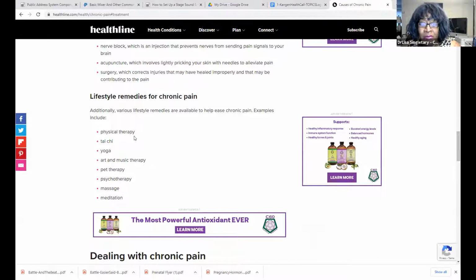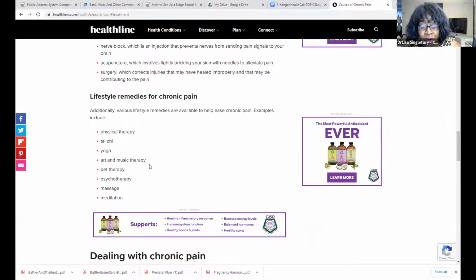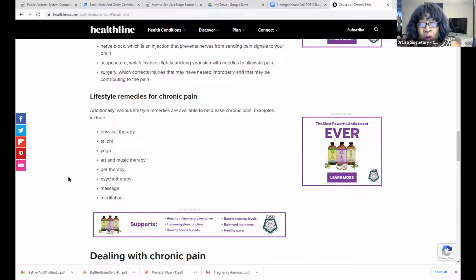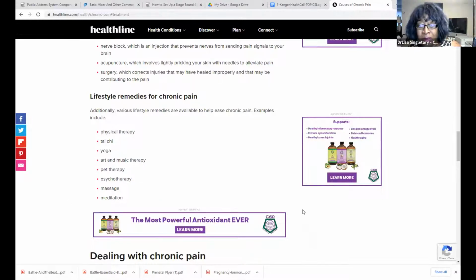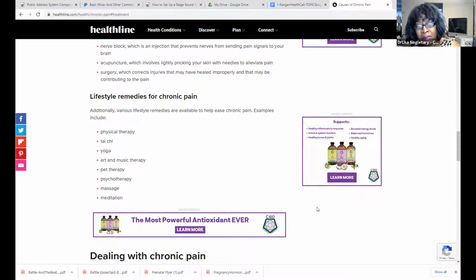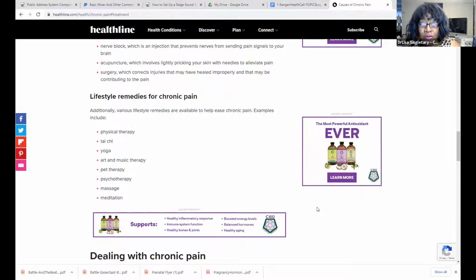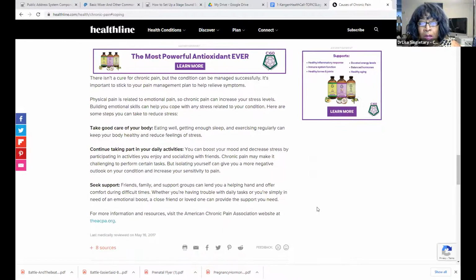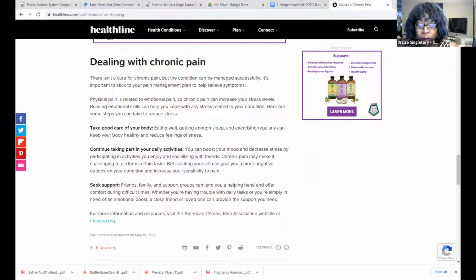Lifestyle remedies: physical therapy, Tai Chi, yoga, art and music therapy, pet therapy, psychotherapy, massage, meditation. Just think about all of these things, how they have an effect on inflammation in your body. They are going to decrease the inflammation, and that in turn will decrease the chronic pain. Okay, so